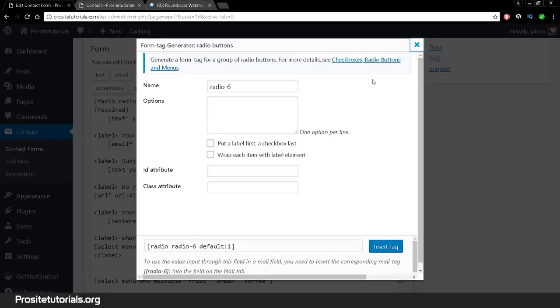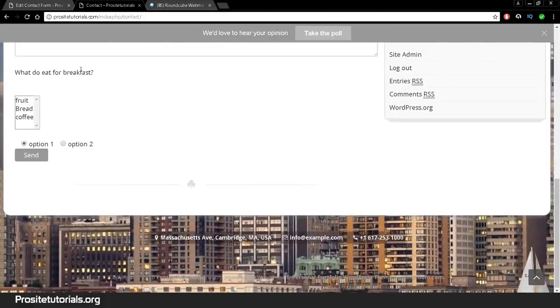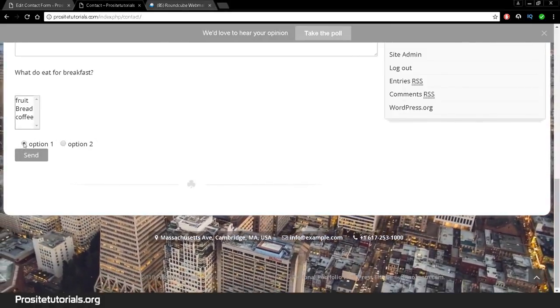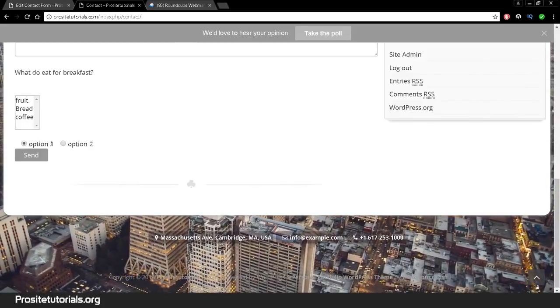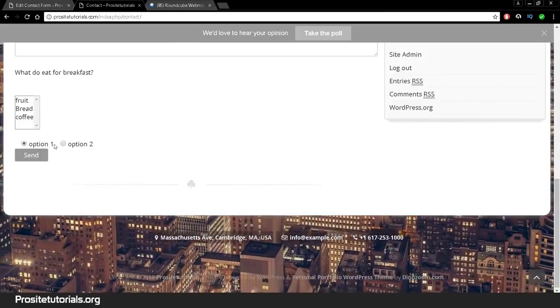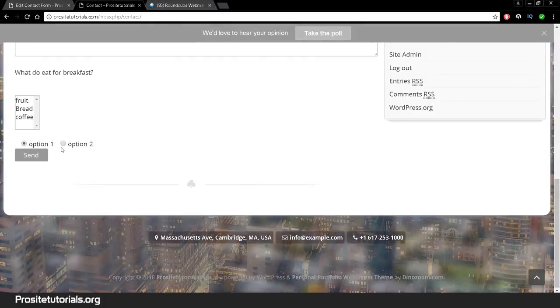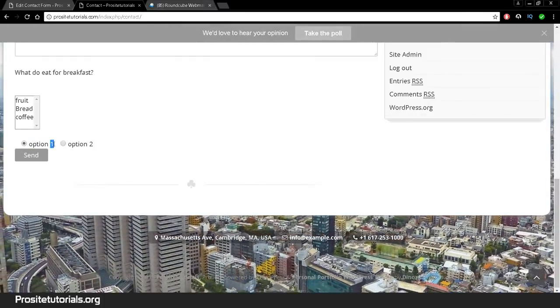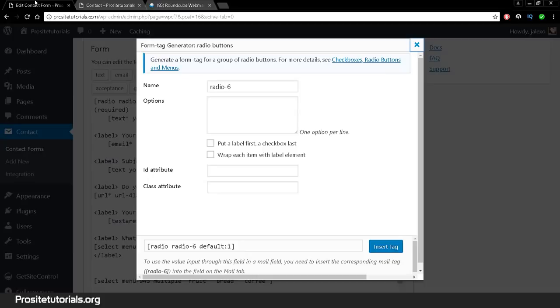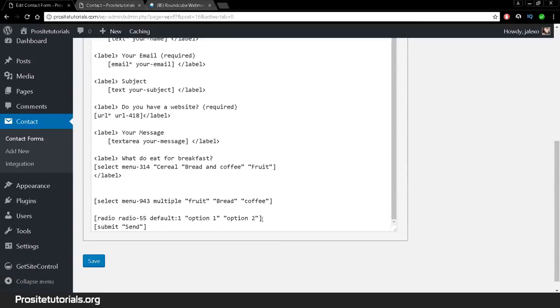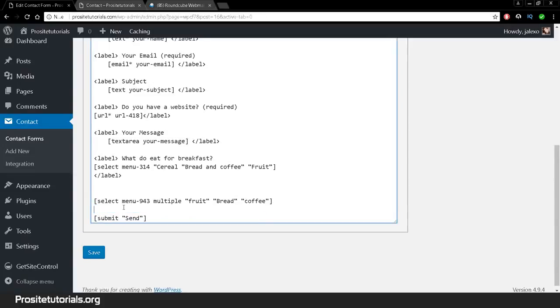And actually I forgot to show you one of these options, which is this one: put a label first, a checkbox last. Basically, if you check that option, the only thing that would change is the position of this checkbox. It would appear over here as in the ending of your option. So option 1, then you would have a checkbox appearing. Basically it just changes the position of your checkbox. Not a big deal. So I'm just going to delete this option here,